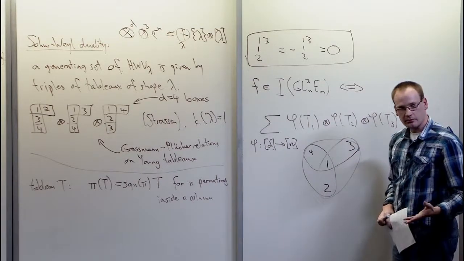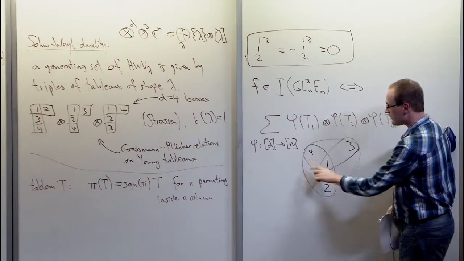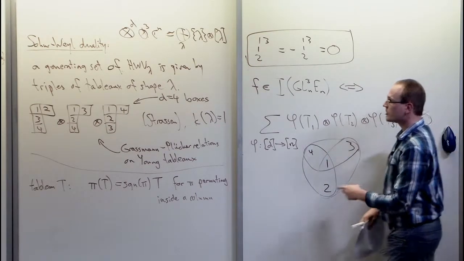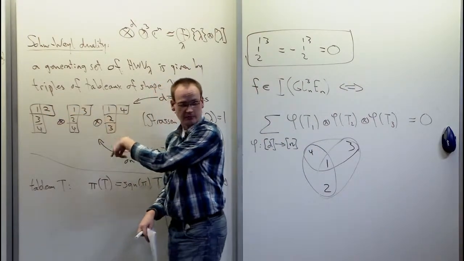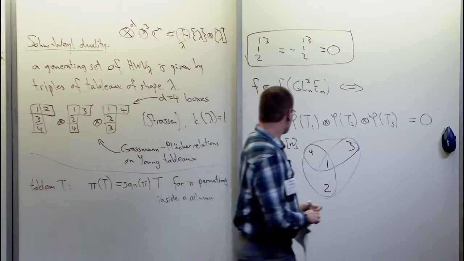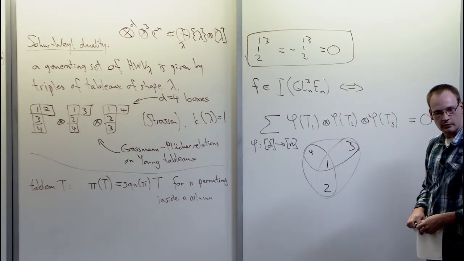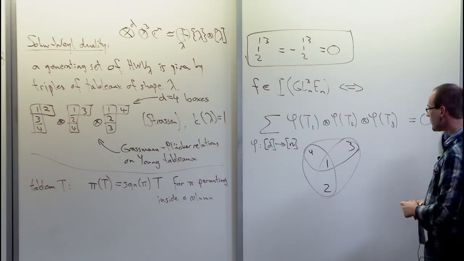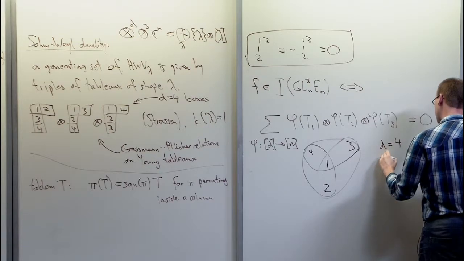And the key property is that every pair of numbers lies in some hyperedge of this graph together, which means every pair of numbers you find somewhere in one of these columns here, so this vanishes. So that's basically the argument. Maybe in this example d equals 4? Yes, it's d equals 4, n equals 3 here.